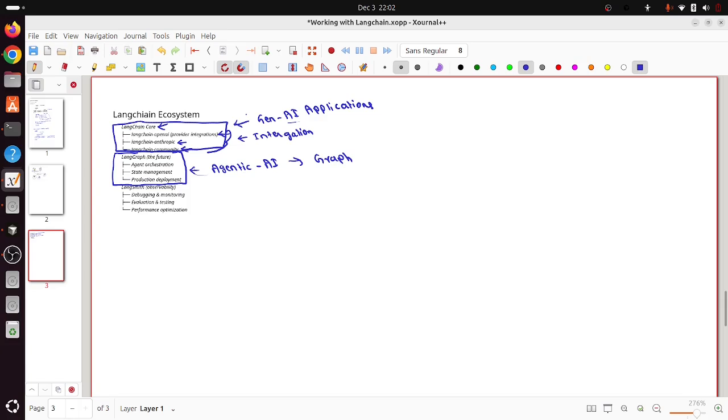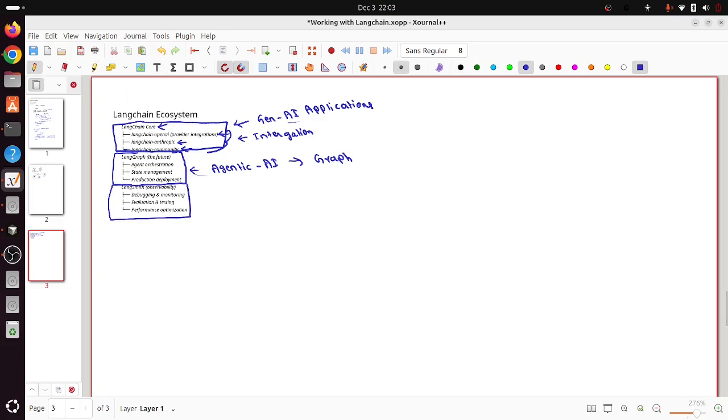So you can see, once you know how to work with LangChain, there are a lot of things which you will easily be able to understand and work with. Because you're in the ecosystem, you'll also understand easily how to integrate LangGraph. And the good thing is they are also offering one more solution, one more